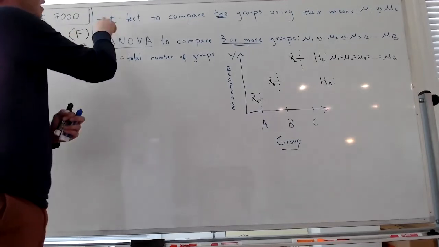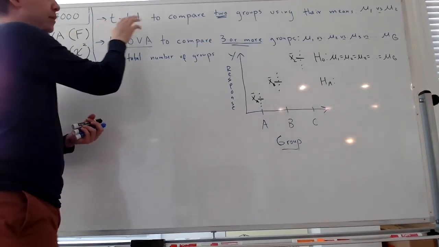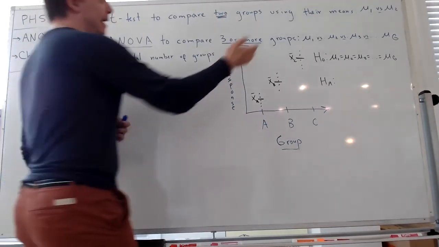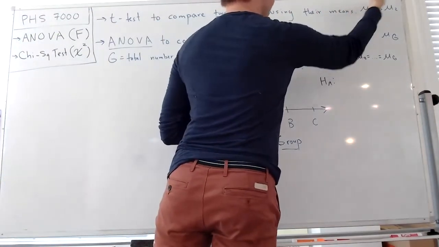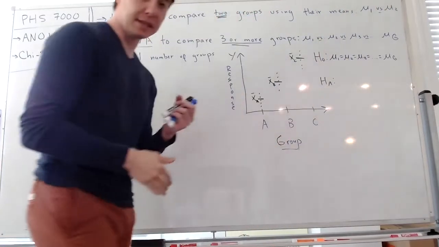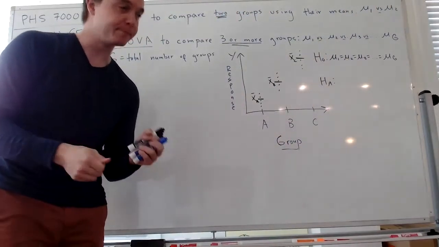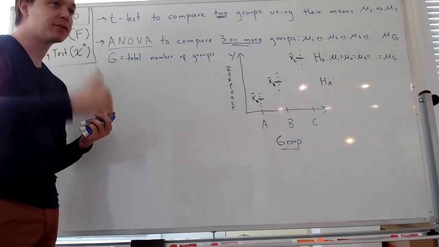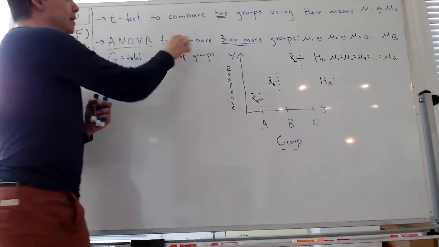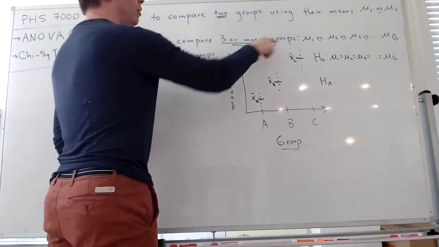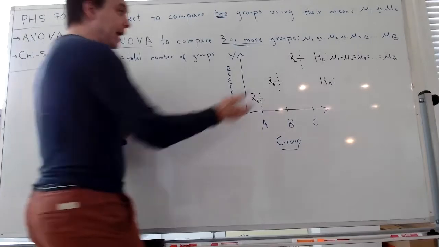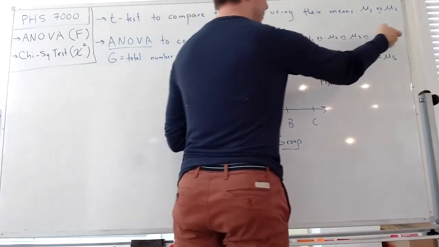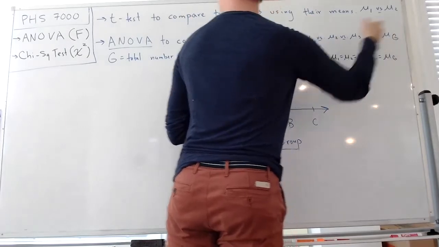So far we've been looking at the t-test we've been using to compare two groups. They could be paired, they could be unpaired. And we're making a hypothesis about the two population means that supposedly produce the data. The ANOVA, you can think of it as something that generalizes the t-test. So you can compare three or more groups using their averages. And you're then concerned about the population means of as many as capital G